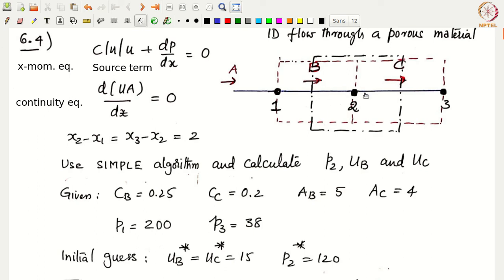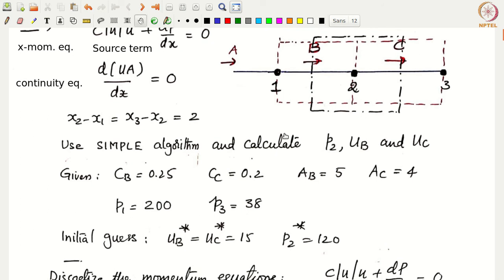Then using the continuity equation, we substitute for the flow rates in terms of the flow stars and the flow primes, and then we substitute for the flow primes, the velocity primes in terms of the pressure primes, and then derive a pressure correction equation. Then we solve for the pressure correction equation and eventually correct the velocities and pressures and keep iterating until the obtained values satisfy both the continuity and the momentum equations.